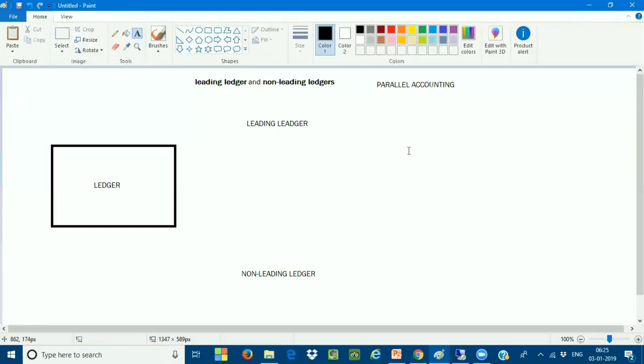The leading ledger, we call it the main ledger. Very, very important. Please make a note of this statement. The leading ledger is called the main ledger for the reporting purpose for a company code. Company code is nothing but a legal entity. Without the company code, I cannot do any financial transactions. Company code is the legal entity for a company. Very, very important. You can have multiple company codes.